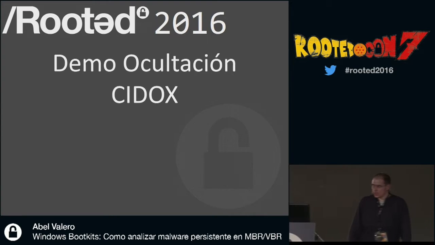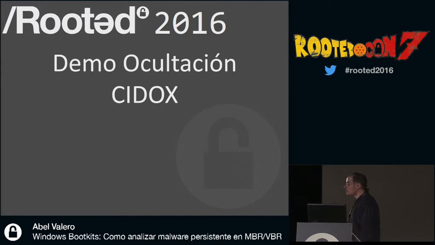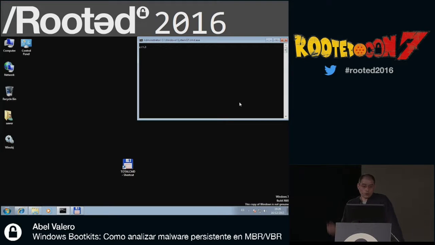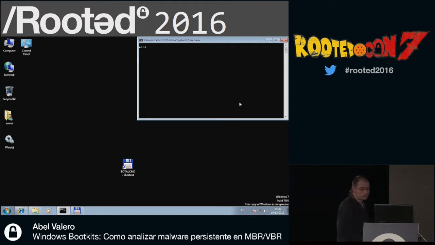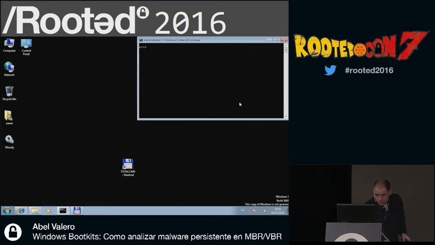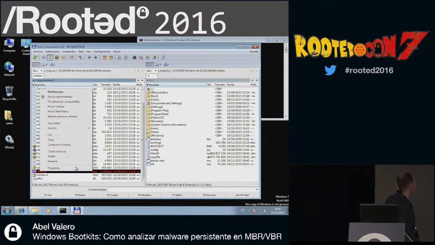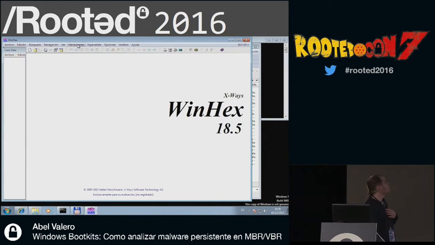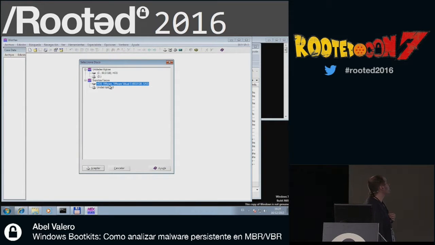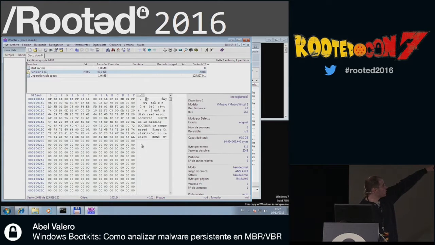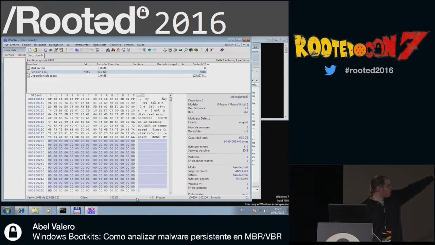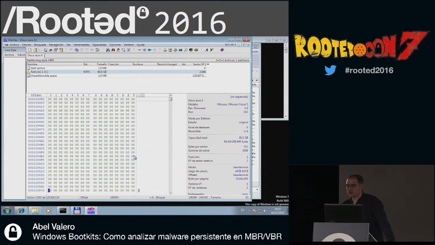Now I'm going to show you a demo of a real virus executing itself per se. I'm going to plug in the virtual machine. This system is infected with Rootnets. I'm going to open up WinHex. Let's check them. This sector we open up. We go to the primary partition window. This is the MBR. It's like a launch and booted system.